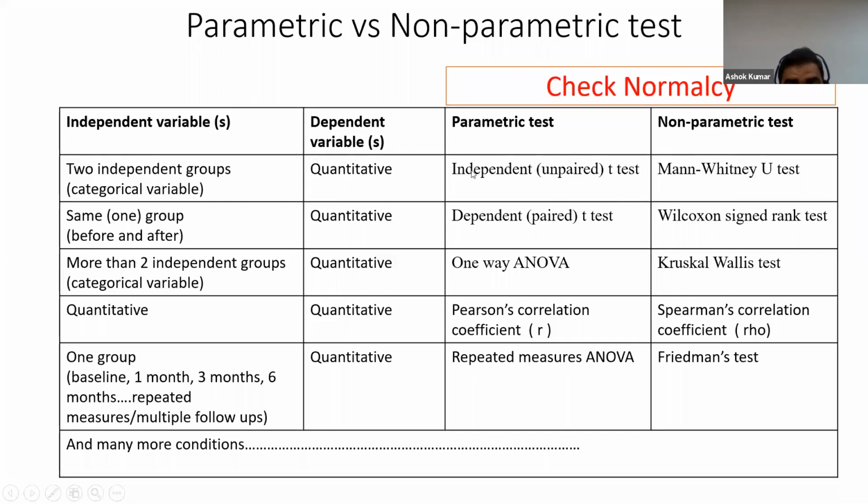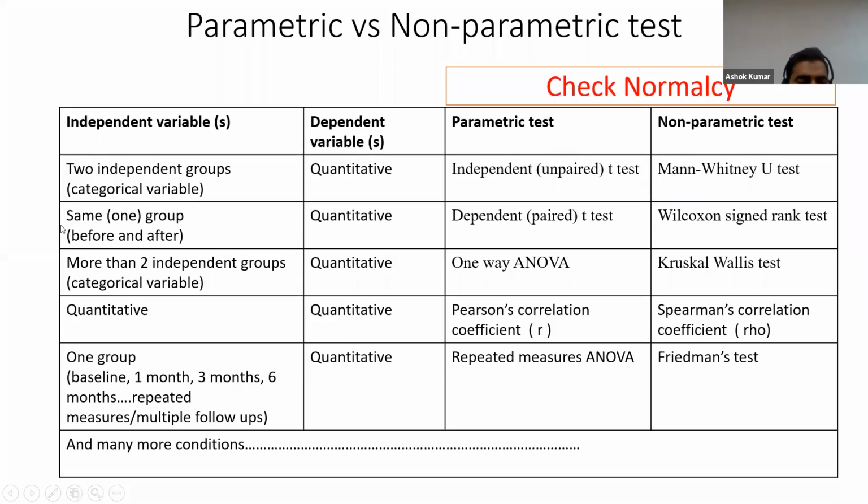if the dependent variable, that is quantitative, follows the normal distribution. So before a parametric or non-parametric test, we always have to check the normalcy of our dependent variable, the quantitative, continuous dependent variable. And if this quantitative variable, the weight variable, doesn't follow normal distribution, then we have to use a non-parametric test, that is the Mann-Whitney U test.